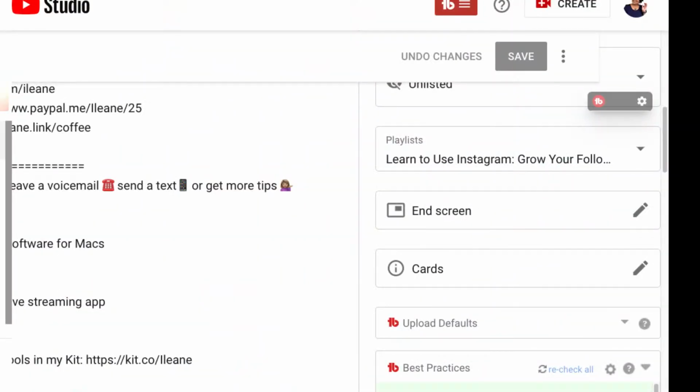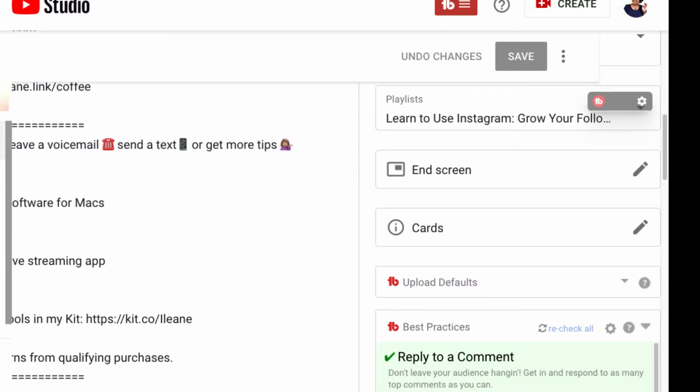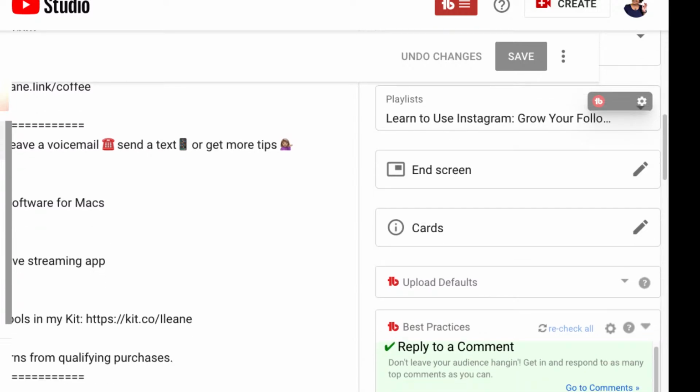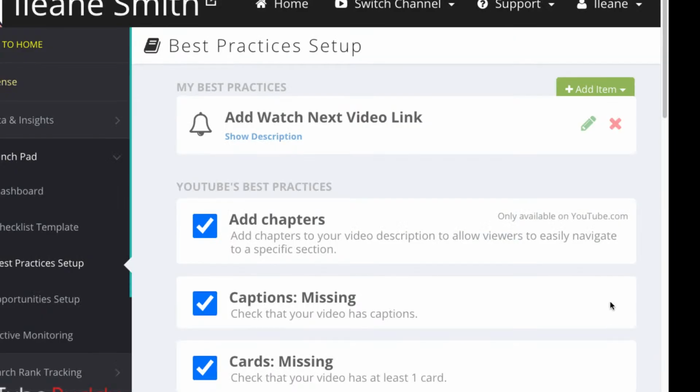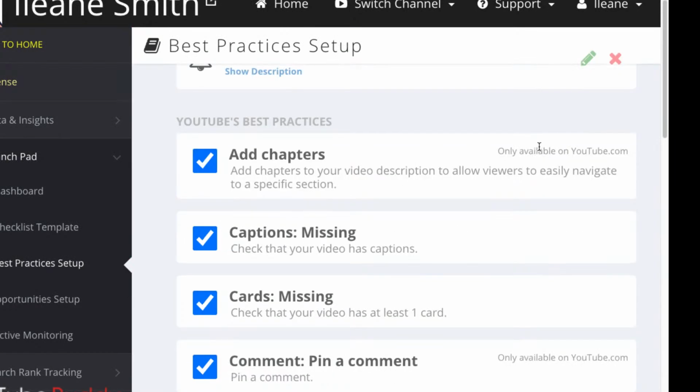When you're in the back end here of this video and you see this best practices list here, always look for these little icons. All right. So here is the little gear or cogwheel, whichever one you want to refer to it as. Okay. And that's how you get back over to the list. All right.